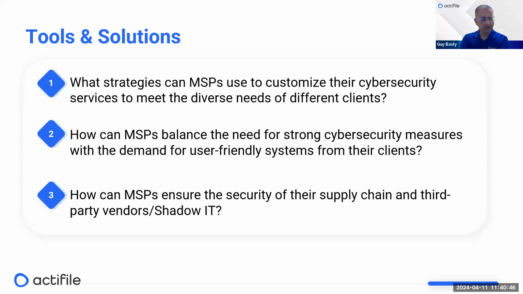Yeah. Very good. So I think the last question I want to tackle, Luis, is how do you see MSPs ensuring security around third-party vendors, shadow IT, the entire supply chain? What do you think about securing that, and how do you see that as a growing threat? Right. So it's a consequence of work from home and so much of the workloads moving out to the cloud.